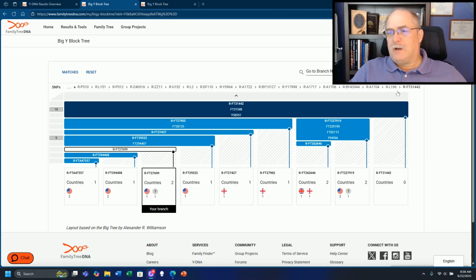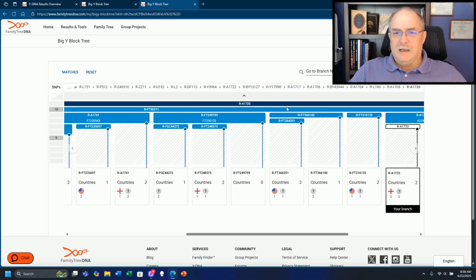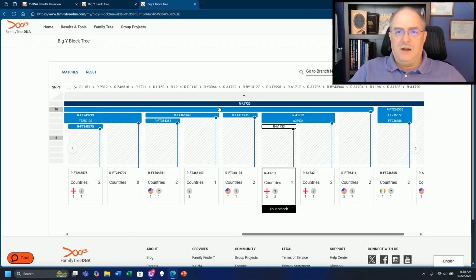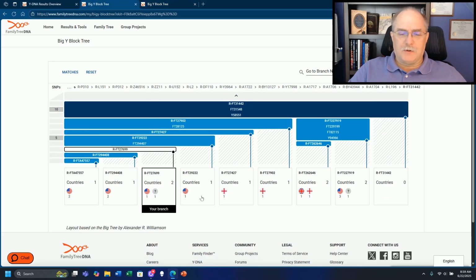And this L196 is the deriving SNP for the whole area. And here's the other tester in this section of the tree, underneath of L196 and A1708 and then A1720. For this tester, I grabbed up one of the other admins. Going back to the primary person I was discussing, we now have a solid block out for this area of